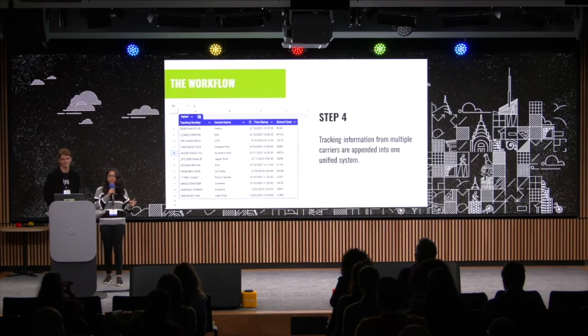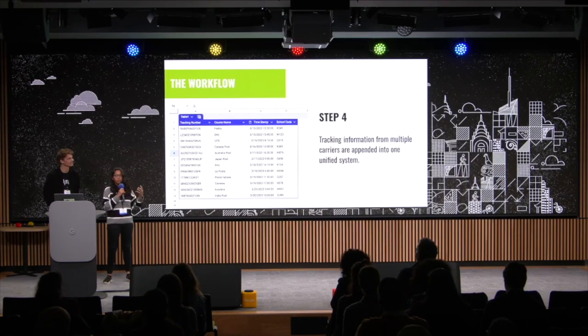And step 4, this is ideally where we would like our unified system to look like. Right now, we're going to rely on Google Sheets, but if there's another platform that we can create that has these real-time updates,